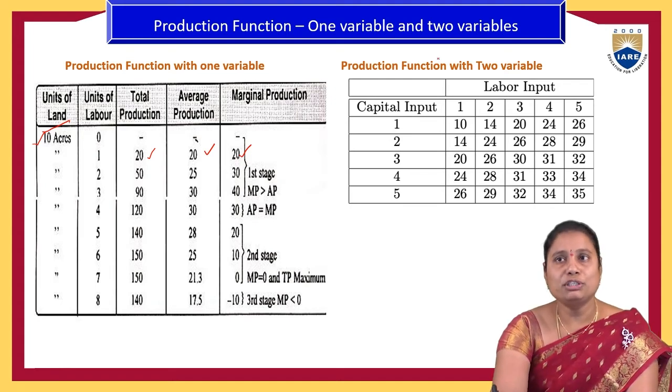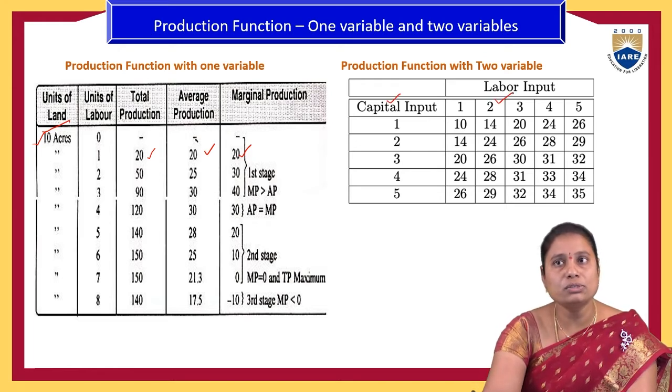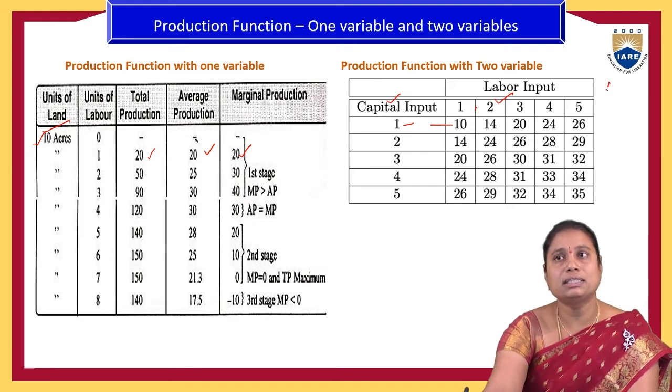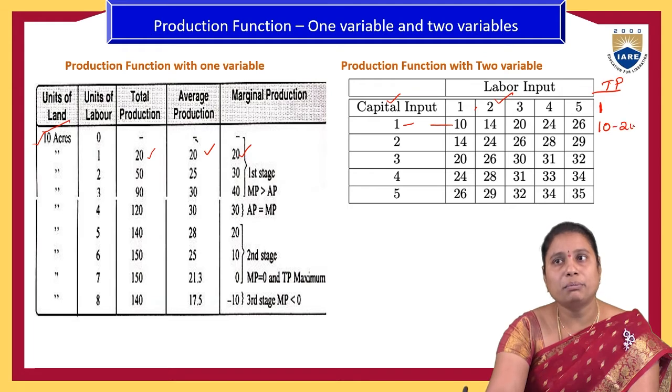Here in this production function with two variables, capital is changing and the combinations of labor are also changing. So if capital is one input and labor is 10, and they are expecting the third column, they can say that's total production. So in the first element, if one capital and 10 labors are there, the output might be 10, and one capital and 14 laborers means there might be an output of 20.